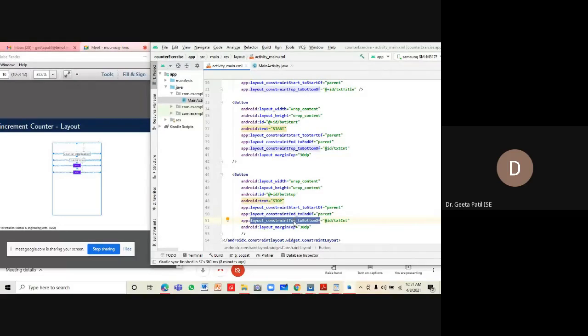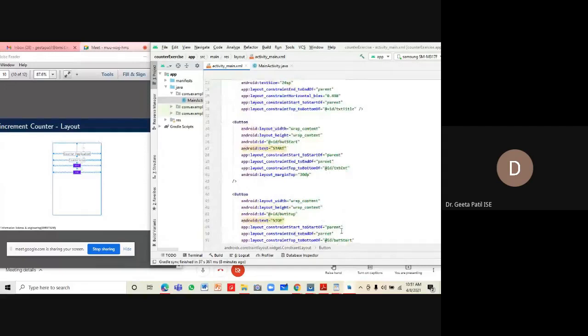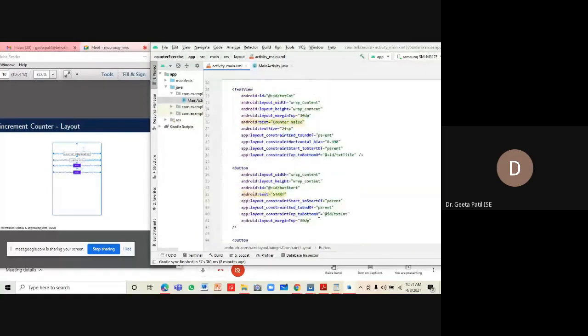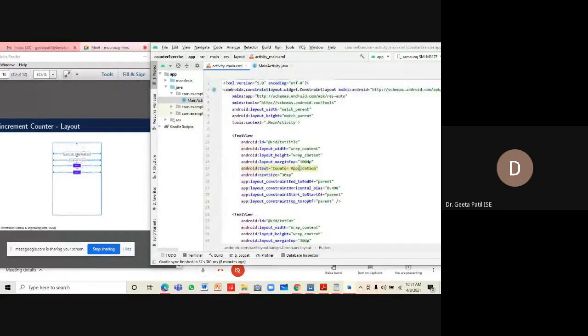Top of this is constrained to the bottom of, not txt count but button start. And this is 30 dp away from button stop.